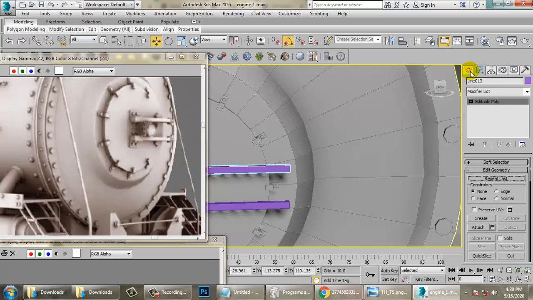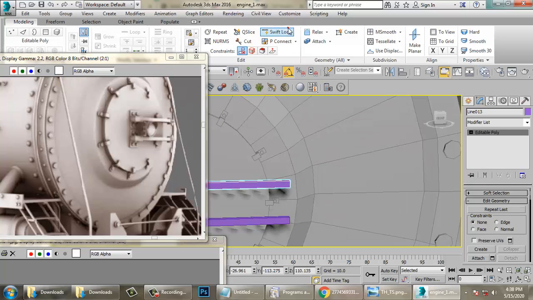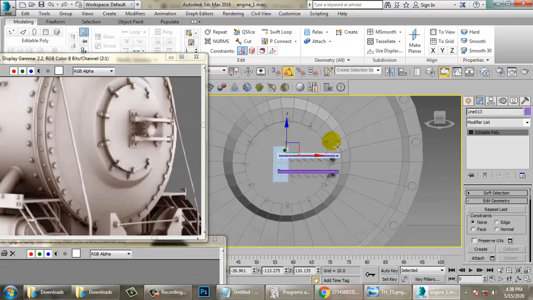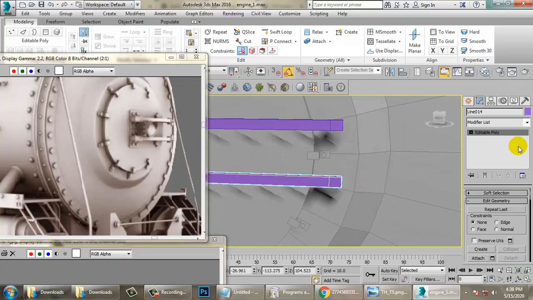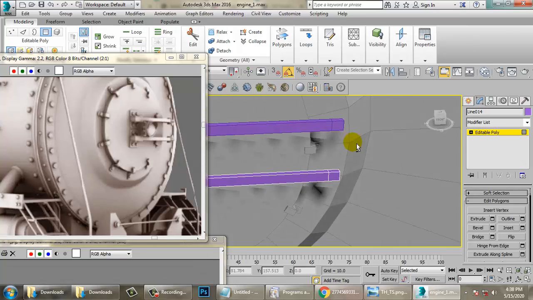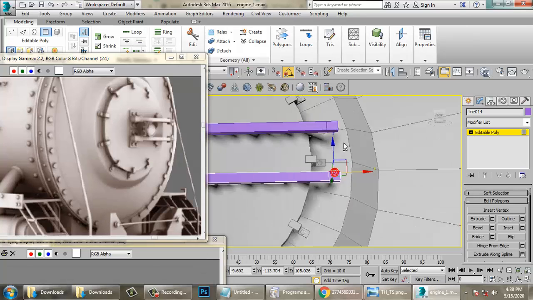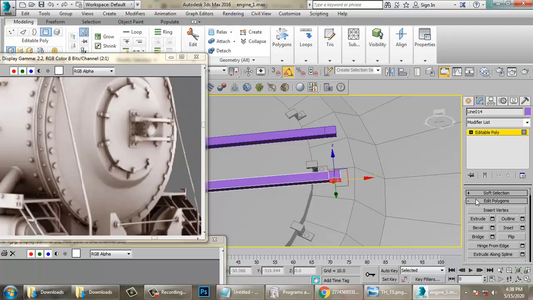Let's go into the modeling part and use a bit of swift loop over here also. Select this and this, and let's give a bit of extrude over here.